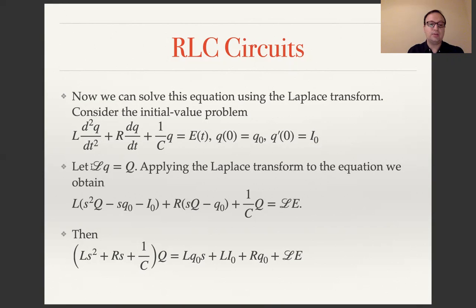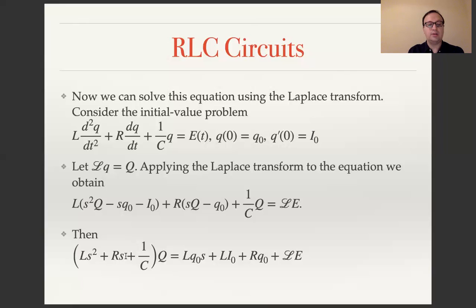Let the Laplace transform of the charge Q be capital Q. Then applying the Laplace transform to the whole equation, we obtain L, which is the inductance, times s squared Q minus s Q0 minus I0, plus R times sQ minus Q0, plus 1 over C Q is equal to the Laplace transform of E. Then grouping all the terms with Q together, we get